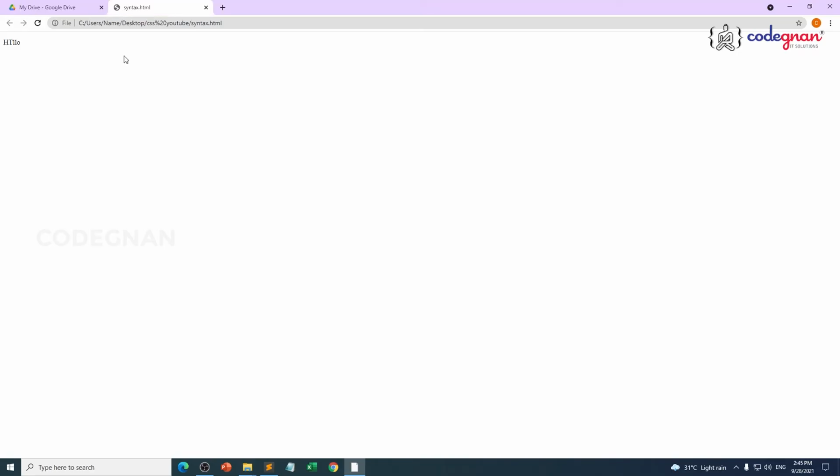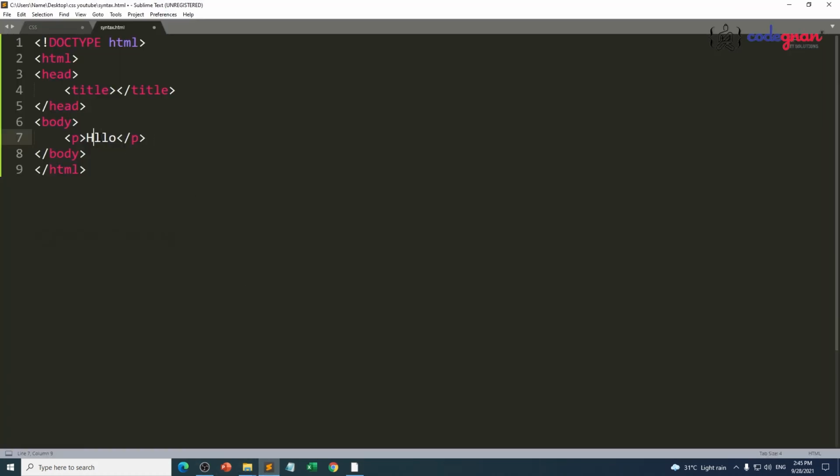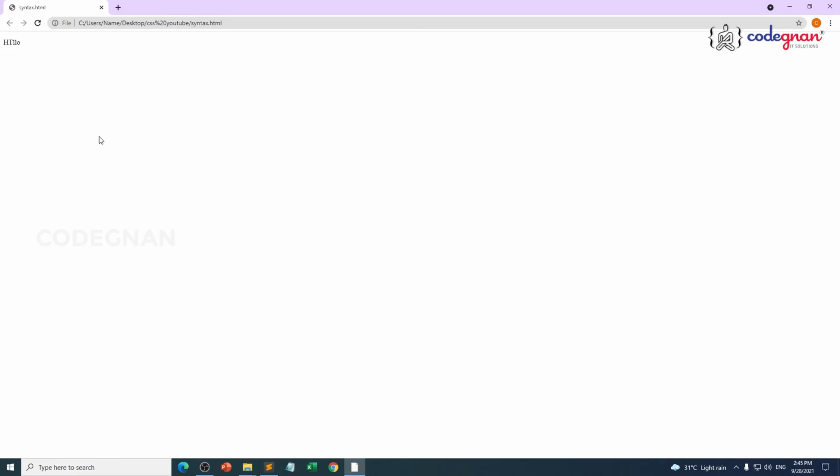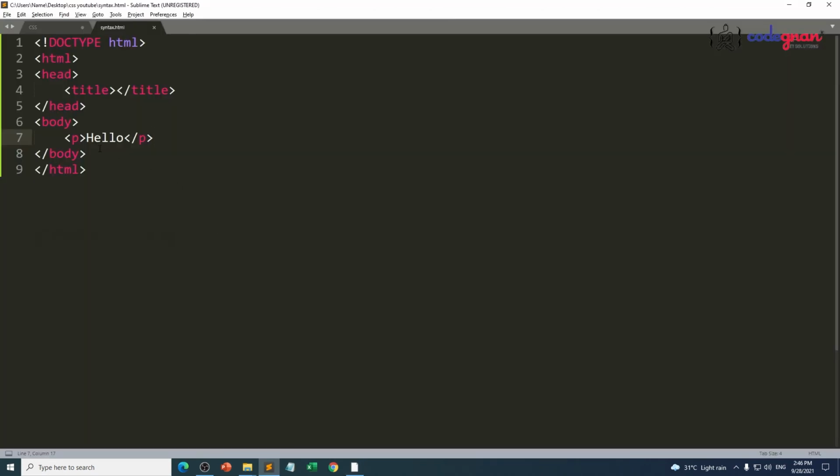The same thing you did for your HTML, you are going to do the same thing here also for CSS. You are going to refresh your page once again. Now if you see here, you are going to see the updated hello value, the same as what you changed here.